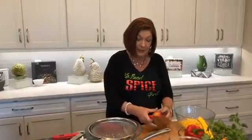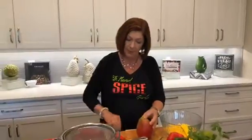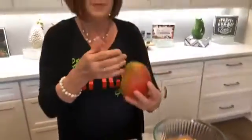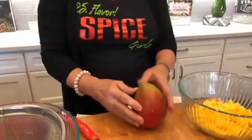I'm kind of playing to see which one I think might be the most tender and what might be the most fragrant. So again, I did a little bit of a smell test. Before you cut, someone just wrote and said, I love mango, but I do have trouble determining where the pit is. So when you do those first cuts, how do you know where to do the little cut? So again, you can pretty much determine that if you look at the mango, the pit is going to be right in the middle,